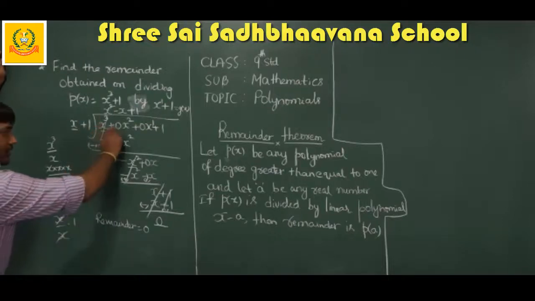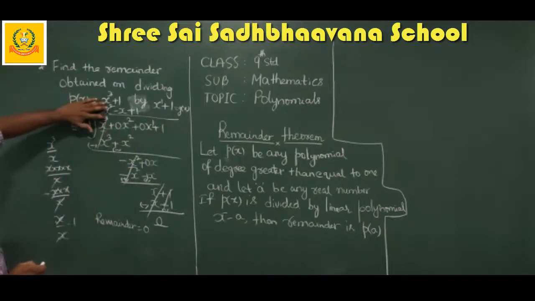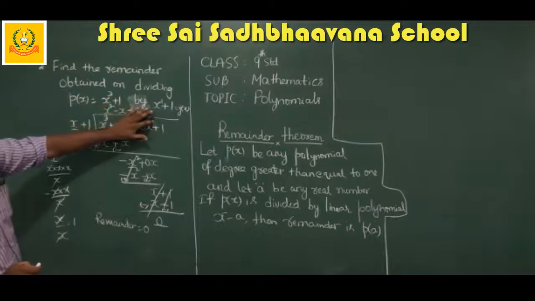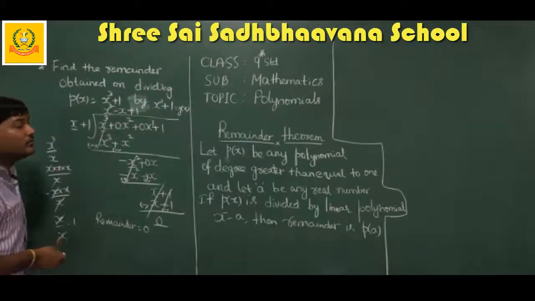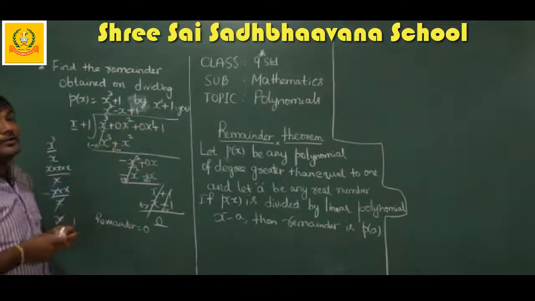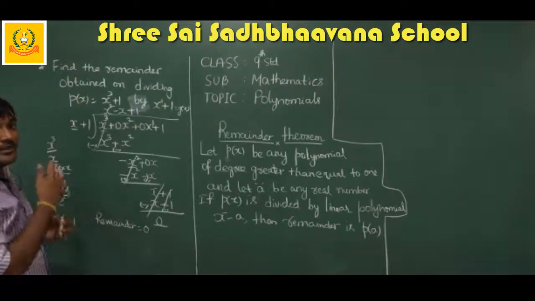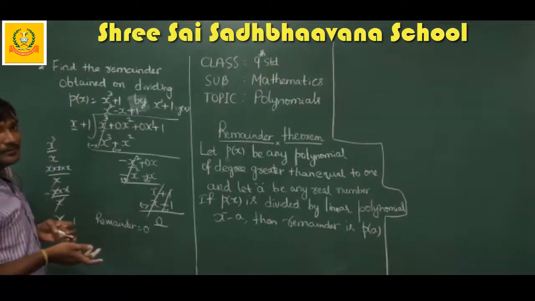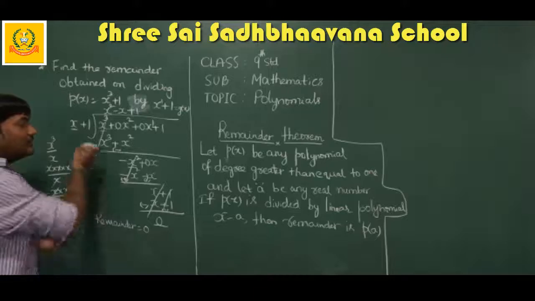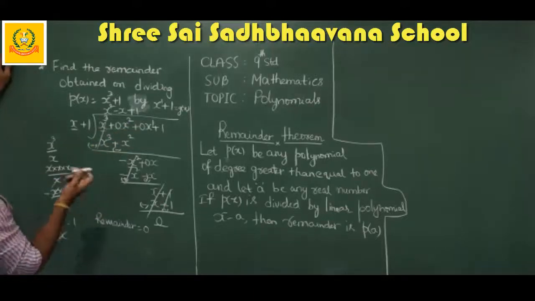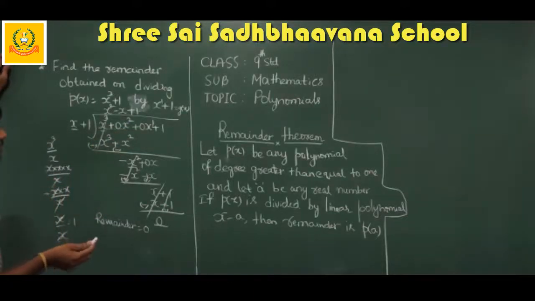Okay, you write the dividend in that form. So you can see here x cube is there, x square is there, x is there, and obviously the constant is also there. So all are in a particular order. Then it will be easy to divide. Okay, division will become easy. That's the reason we are writing like that. And it is the same method we followed in the last classes.